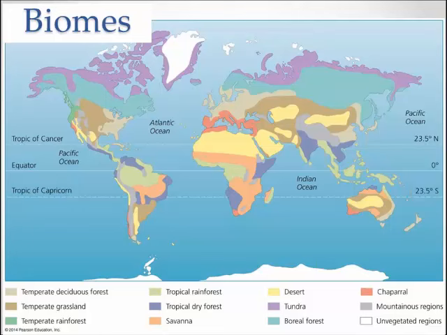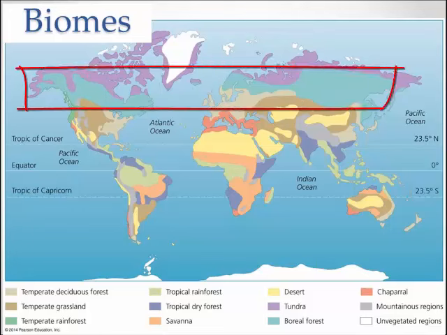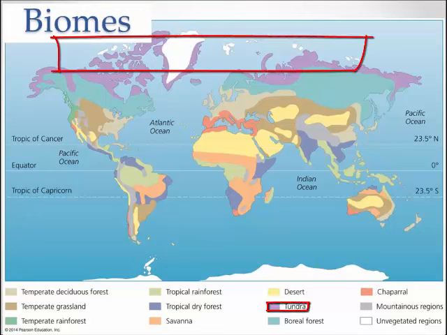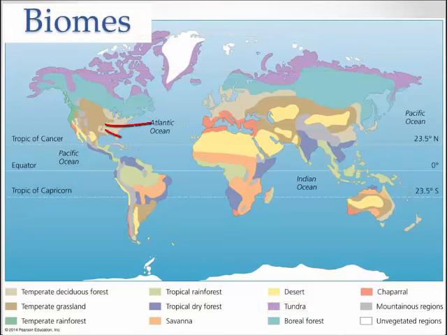For example, the boreal forest is found across much of Canada, Alaska, Russia, and Scandinavia. Notice that the boreal forest is one of the most northern biomes, and it is seen in more than one country or continent. Similarly, notice that one biome often spans across latitudes on the globe. See how the tundra is found at the northernmost latitudes. The boreal forest is found just south of the tundra. Temperate grasslands are found in the U.S. as well as in parts of the Middle East, Asia, Russia, South America, and Australia.